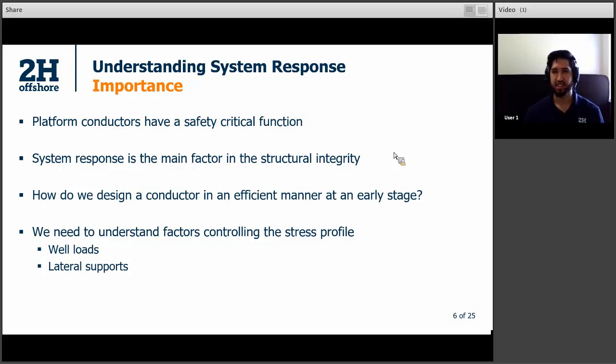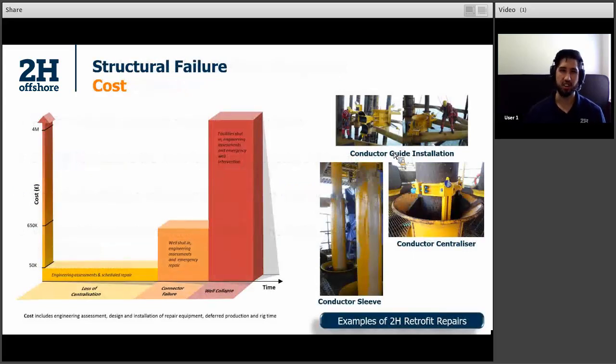So I guess the first thing is you really got to understand what's the cost. What's the cost of failure? What's the cost of doing it wrong? What's the cost of it having a problem? So on the left-hand side here, we've got cost on the y-axis, and on the bottom we've got a couple of examples. So loss of centralization, often down the line, that might just be an engineering assessment and some schedule repairs that might cost an operator $50,000 or 50,000 pounds, as it's shown